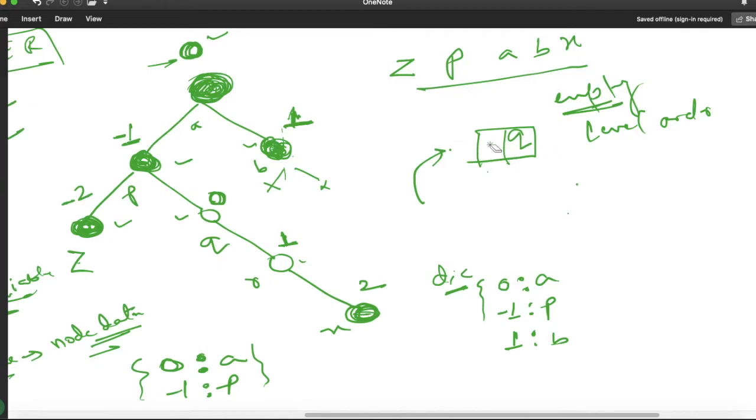So let us pop out this element Z, and the value with this Z is -2. Now after that when we popped out this element, our next target is to check whether the left child or the right child is present or not. So no left, no right. So we are done, only left with Q in our queue. Now the next target is we have to check whether this -2 is present in my dictionary or not. So -2 as a key is not present. So key will be -2, it will be inserted with the value Z. Correct? We are done. Now we are done with this Z.